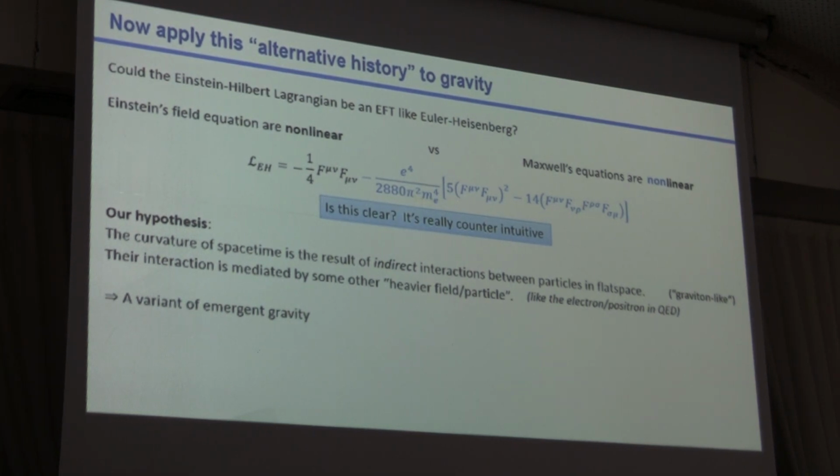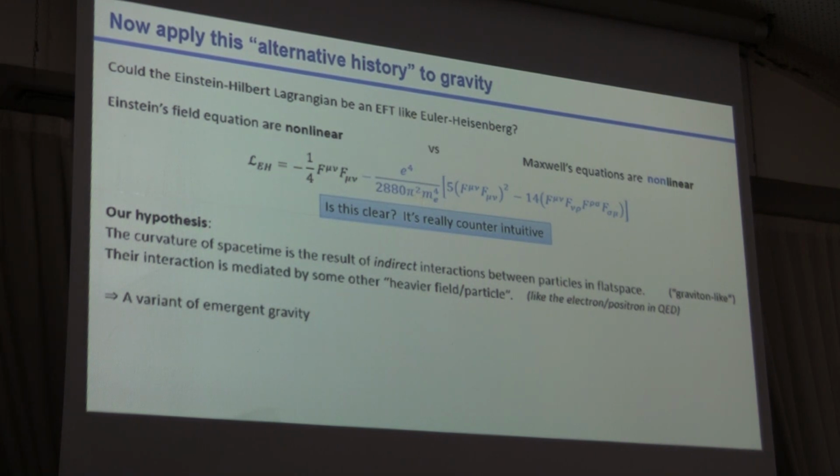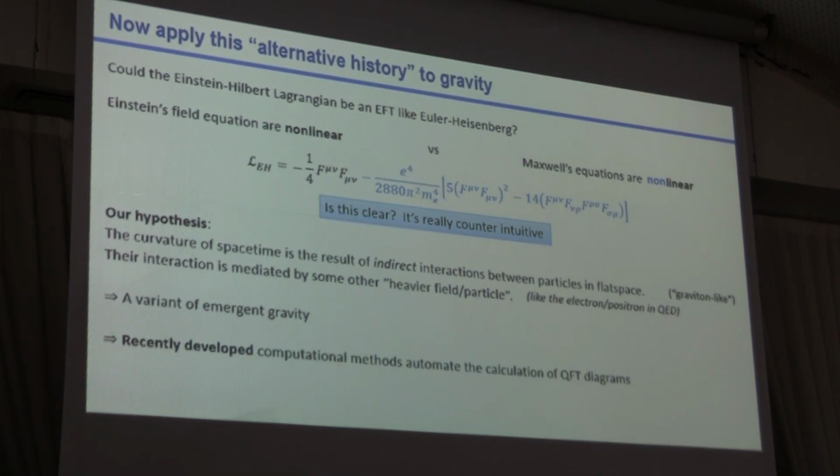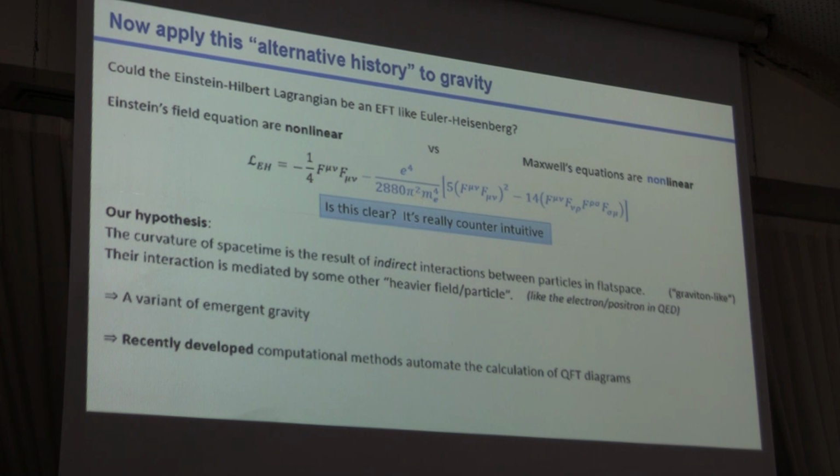The broader field looking into this is called emergent gravity. It's a kind of emergent gravity. But what's interesting about it is that it belongs to a wider family of problems that we can now attack with recent tools that were not available even just two years ago. And that's something I want to talk about more now, about how to automate the calculation of a search like that, because we would like to try a lot of Lagrangians and find which ones work.